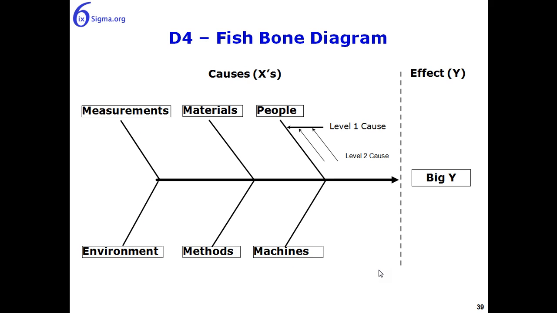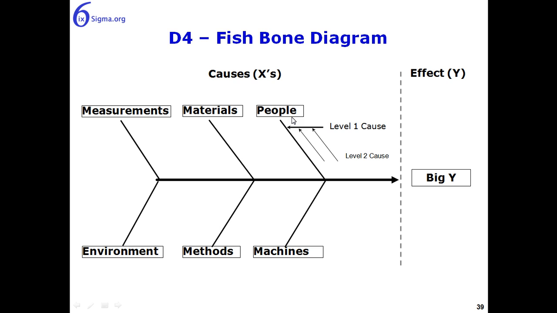So let's have a look at the Fishbone Diagram. So here is a cartoon of bones in a fish. Notice that this little graphic is separated by this dashed line here, and to the right of it we have the issue, the big Y or the problem. And then on the left hand side are all the X's. Okay, so this is the Y and these are the X's. Here are our labels. These are the ones we just saw: measurement, material, people, environment, methods, and machines. And what we're going to do is